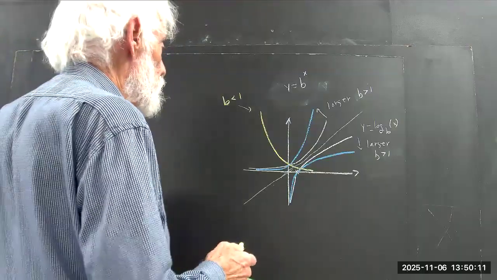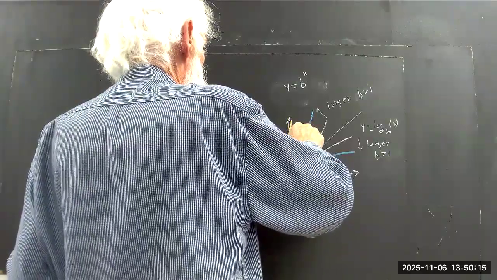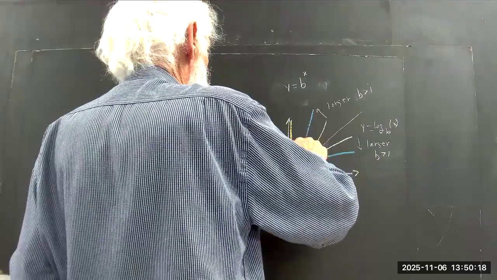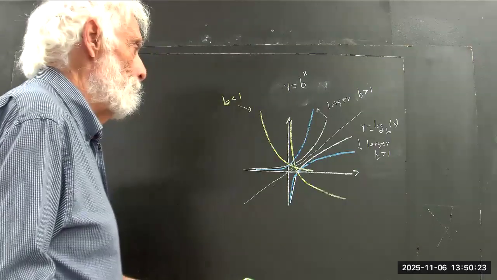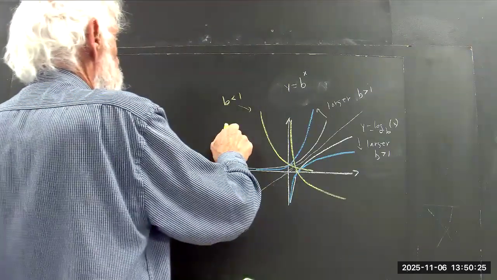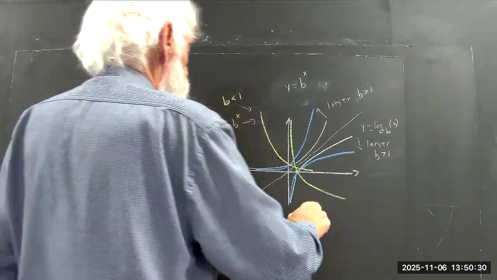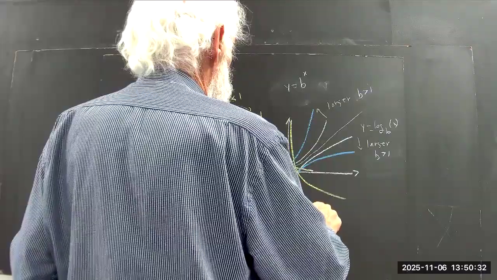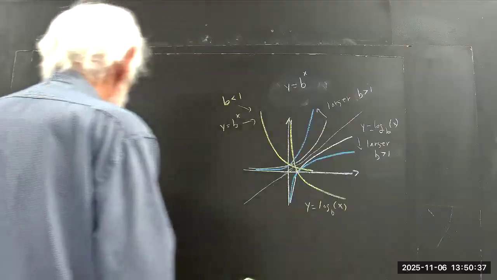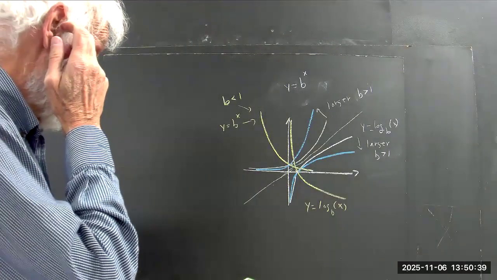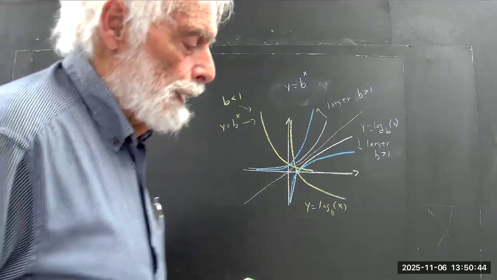In the logarithmic graph here, it'll be like this. So the whole picture can get kind of complicated. You want to be aware of that. And then you want to ask,